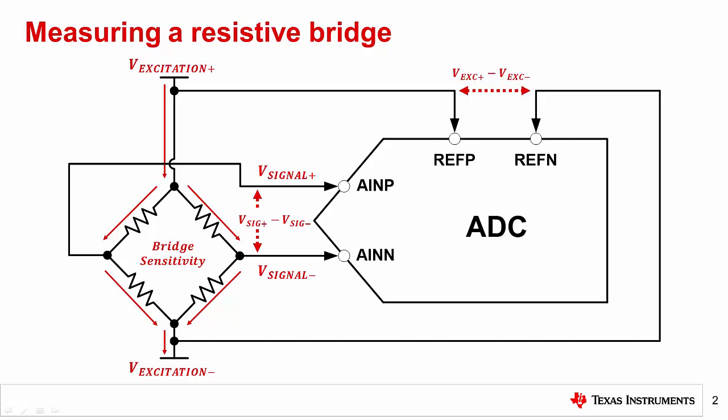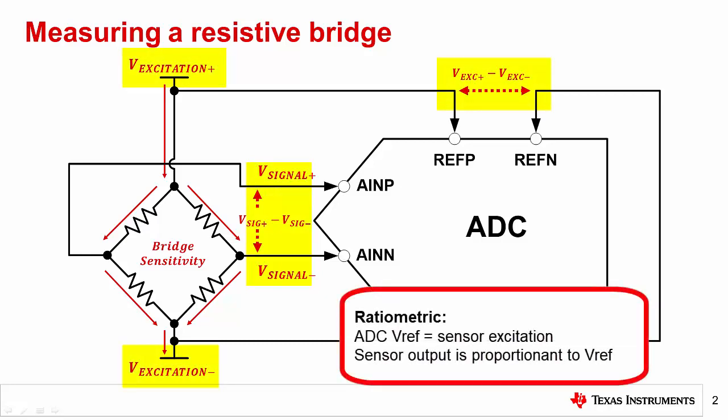The bridge has a sensitivity that indicates its dynamic range and is generally expressed in millivolts per volt. This specification means that for every volt of excitation, the maximum bridge output increases by the sensitivity. As the value of the sensitivity increases, the maximum dynamic range increases as well, typically at the expense of a higher cost sensor. You can also see that the bridge output and the ADC's reference voltage are directly proportional to the excitation voltage. This latter configuration is referred to as a ratiometric reference and will be covered in greater detail in a subsequent Precision Labs module on reference noise.